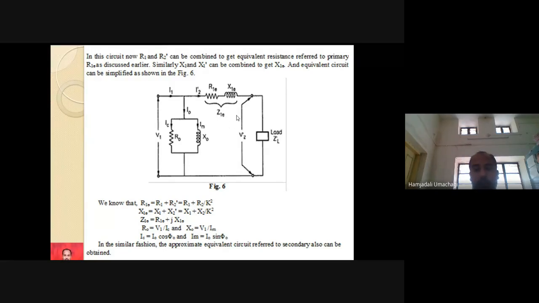So here the aim of the experiment is to calculate efficiency. While calculating that efficiency, I should have the information of equivalent circuit parameters. Equivalent circuit parameters means I0, IC, IM, R0, X0. These values you are going to get from open circuit test results, whereas R1E, X1E and Z1E, these results you are going to get from short circuit test. So short circuit test will give copper loss information and open circuit test will give iron loss information, and all together using those values we are going to calculate efficiency at the end.